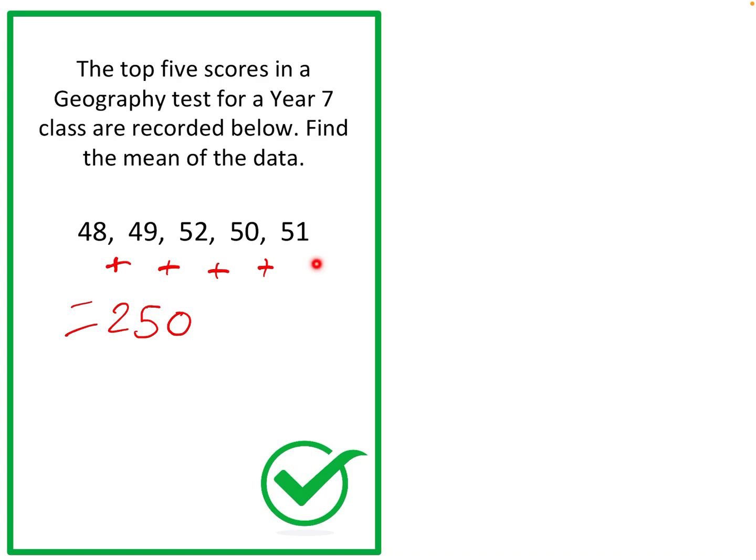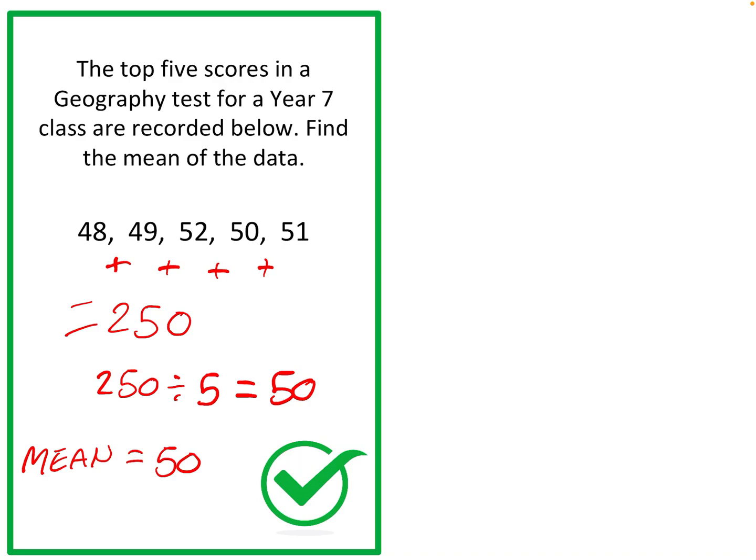Now, what I next need to do is count how many bits of data I had. So 1, 2, 3, 4, 5. I had 5 pieces of data in total. So what I'm now going to do is do 250 divided by the amount of data I had, which was 5. So now that we've got 250, we divide it by 5, and that equals 50. So therefore, the mean equals